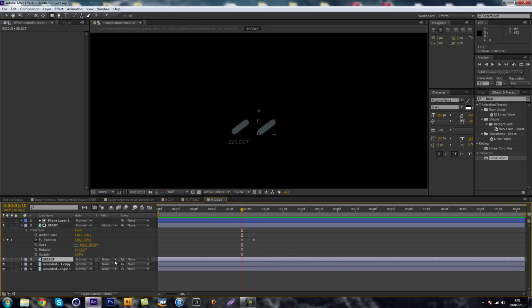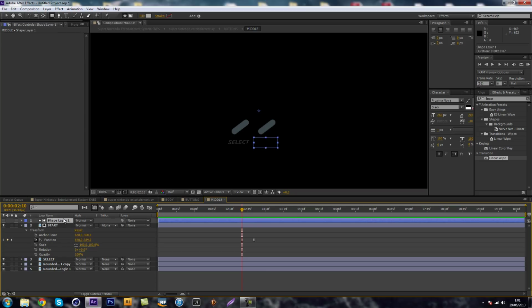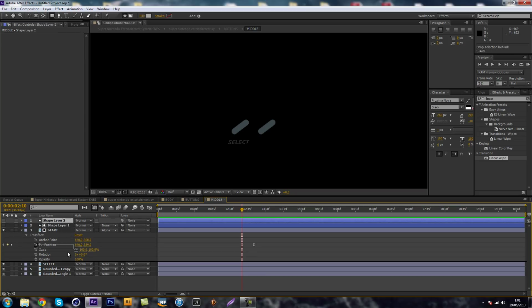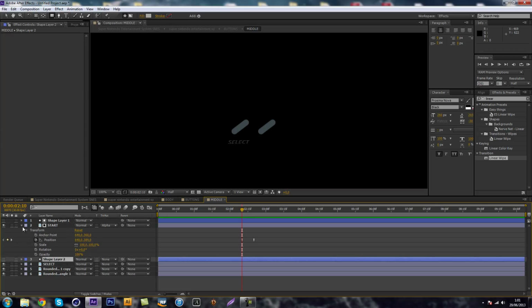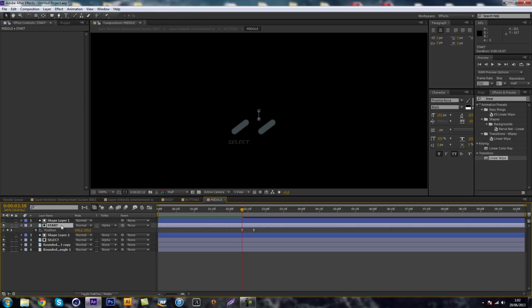It's too bad that this doesn't apply to every single stat. So what we need to do is copy this one, copy the shape layer, drag it below our start, the copy, and alpha track matte layer 2. So what we're gonna do is drag this one over here so it covers the select button, and we're just gonna get the start keyframes